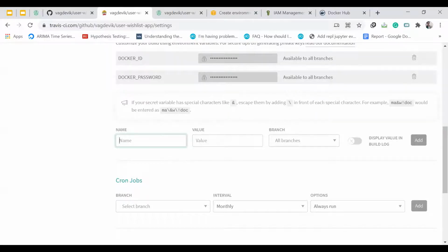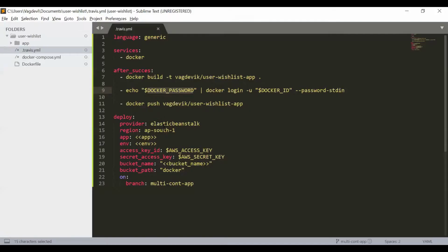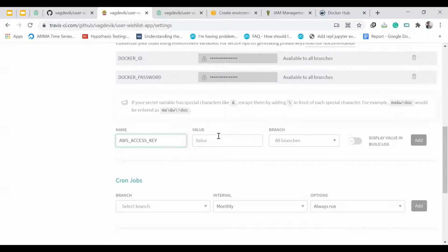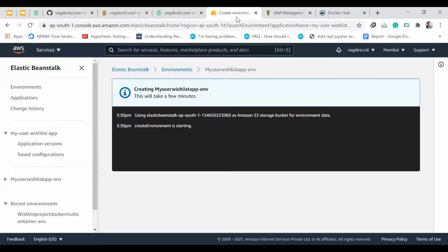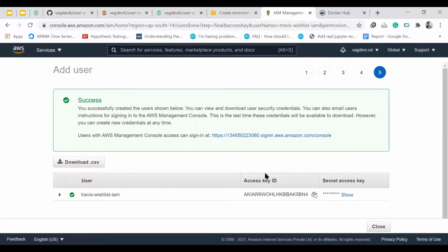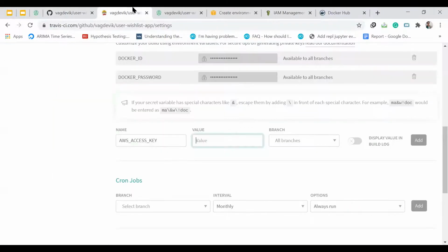Now the access key ID and secret key for the IAM role. Copy it. Paste it here. So the access key is this. Copy it. Paste it.